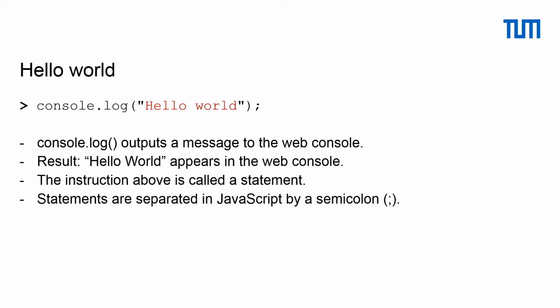These instructions are also called statements in JavaScript. Similar to C, C++, and Java, JavaScript statements end with a semicolon. In principle, you can omit the semicolon at the end of your statement. JavaScript will add it for you. However, it is considered to be a bad practice to do so. Semicolons allow your code to be more readable and they also make sure that your code is free from side